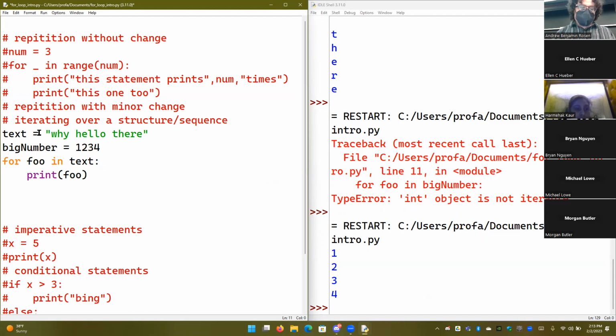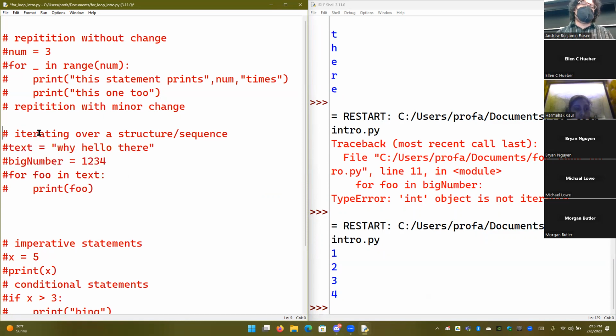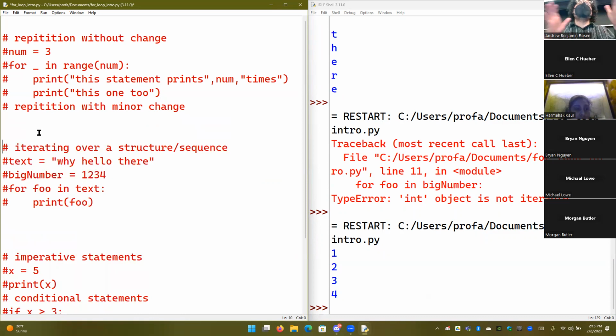Today's focus is on change with minor repetition. And again, you're going to be introduced to the for loop. You haven't even seen it in the textbook. Why am I bothering going over this? Because the for loop is something that trips up most freshman computer scientists in their early class. That's why. It is the first hurdle